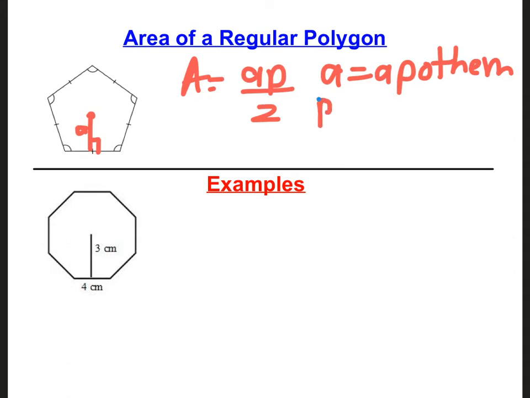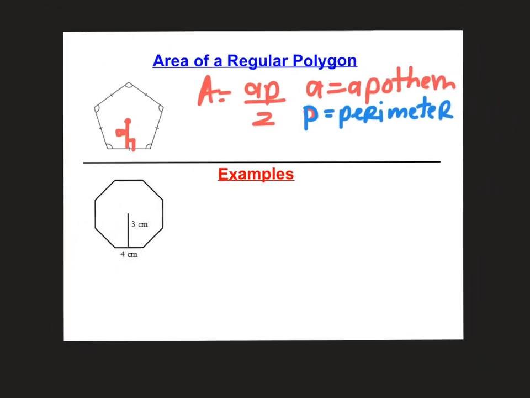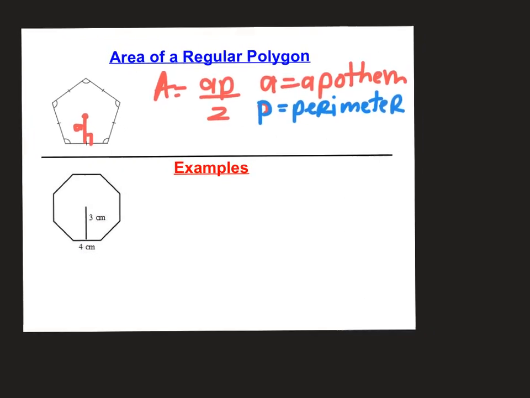P equals perimeter. Now here's the good thing about our shapes. Remember, your perimeter is the distance around the outside. Let me write that for you so you have it if you need it. So the distance